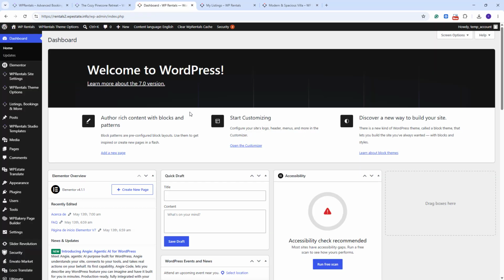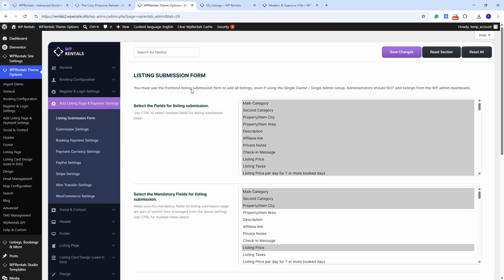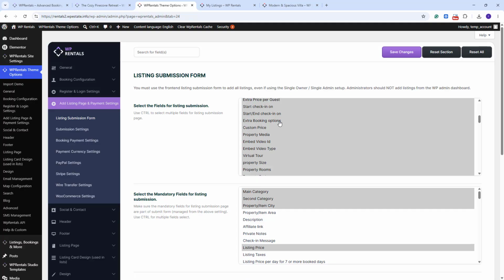First, we need to make sure that the extra booking options field is enabled for the property submission. From the WordPress dashboard, go to Theme Options, go to Add Listing Page and Payment Settings, go to Listing Submission Form. Here check the fields in the Select the Field for Listing Submission section. Make sure that the extra booking options field is enabled. This step is important because the field allows owners to add extra paid options when editing or submitting a new